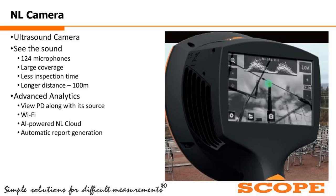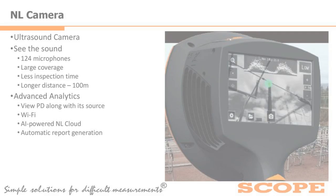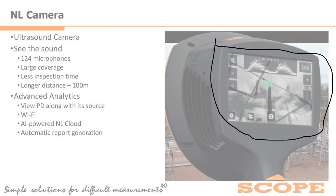Now, let me tell you what this particular product is. It has 124 microphones embedded on its front face that you won't be able to see over here. It has a facility for visualization of the partial discharges, or the source of the sound that is there due to the partial discharges. Let me show you here what I mean to say. So here you can see this particular phase, or this is